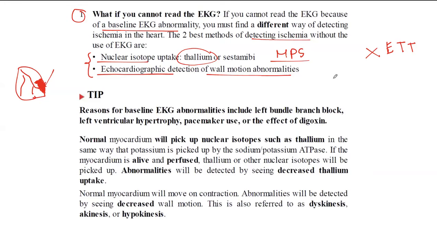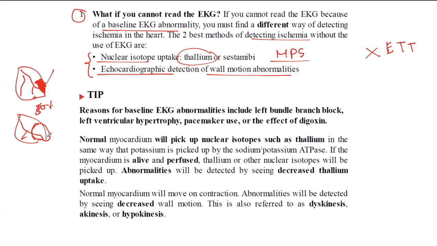Then the other one is echocardiograph detection of wall motion abnormality. When we do an echocardiogram, we can see whether all the ventricles and atria, the wall of the heart, are moving symmetrically or in a normal way. Let's say that someone has got ischemia of the left coronary artery. It could be left anterior descending, could be left circumflex. So if any of the arteries has got a bit narrowed, maybe 70% block, or let's say 50% block, what will happen is that because of the blockage, that part of the heart, let's say the ventricular wall, will not move in a normal way, which we can say is akinesia or hypokinesia,